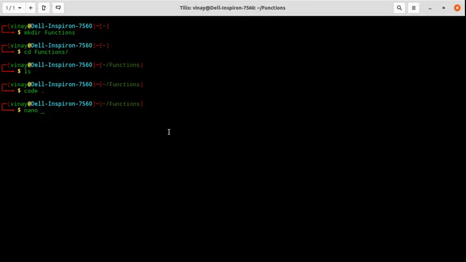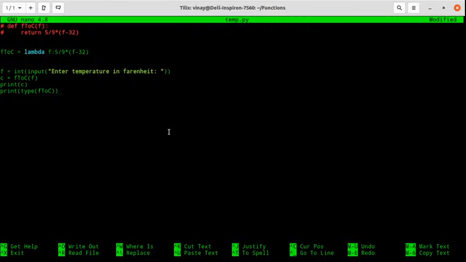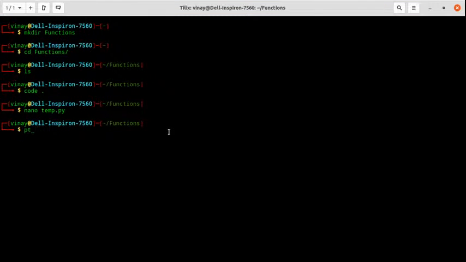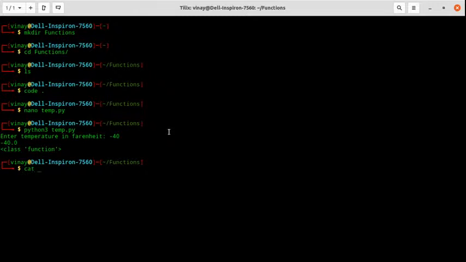So nano temp.py, press enter, copy paste the whole stuff, save it, go out, and I'll say python 3 temp.py. This is the old way of running a program. So I'm telling the computer that, okay, run this file with the Python interpreter. I press enter, it asks me for the temperature -40, and I get the same answer and the same thing. So if I display it on the screen again, the whole program,